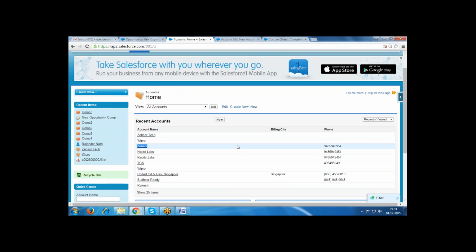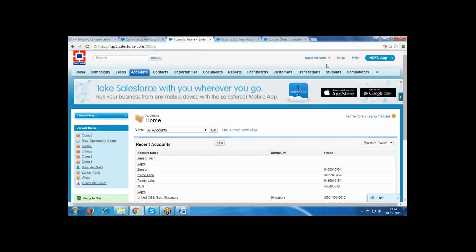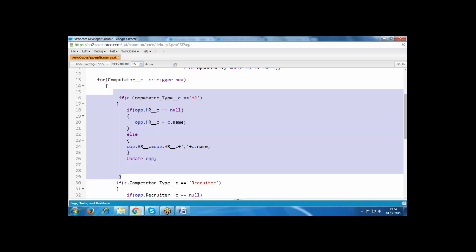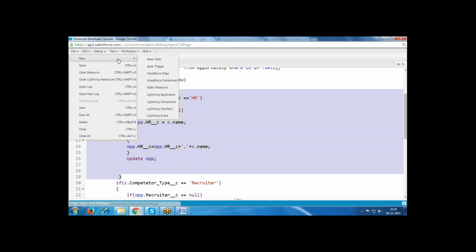For this we are using a trigger on the account object. So I am creating one trigger on the account object. We have the developer console. In the developer console, I'm using a trigger.